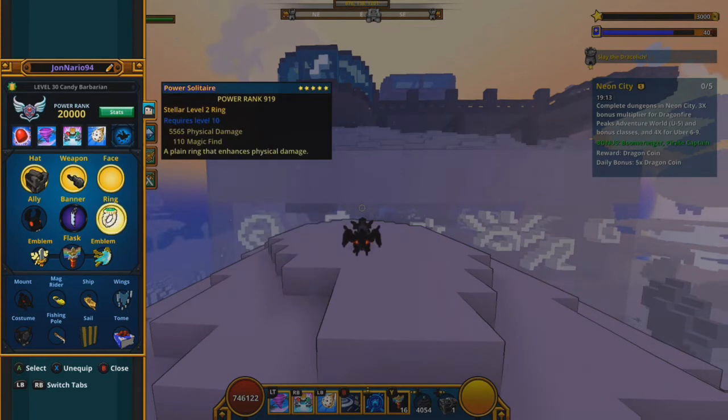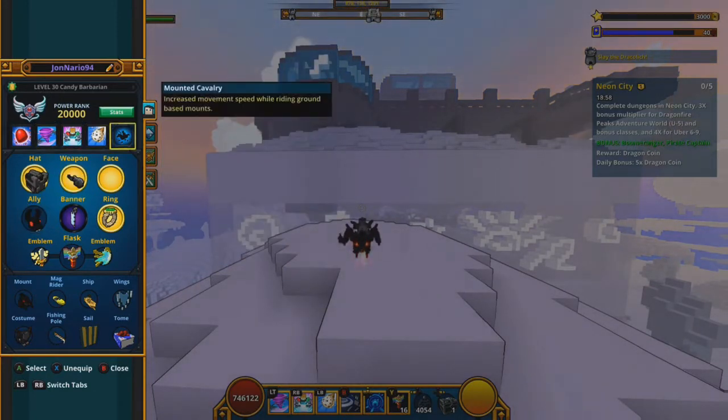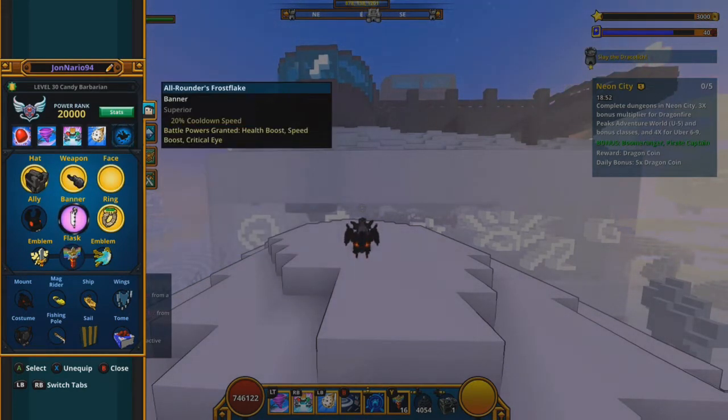I have a magic find ring. It's a stellar 2. I want to get a new one, but whatever. Rat the Berserker, more damage and more heals, because this one is not a speed farmer with movement speed. This is more of a speed farmer but with mount speed. That's why I'm using the night subclass, because I do not have movement speed on my gear. But this class is really good for movement speed gear